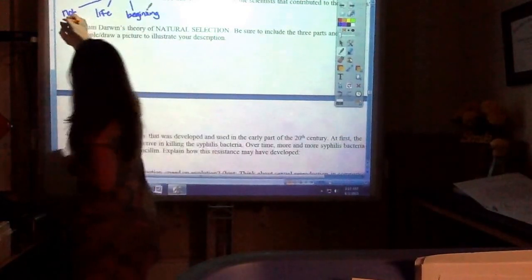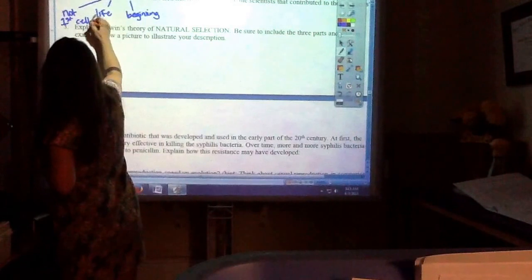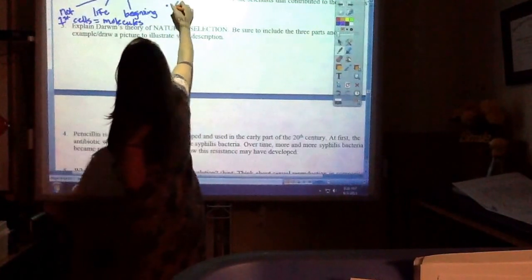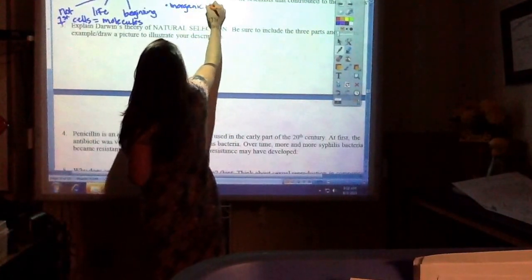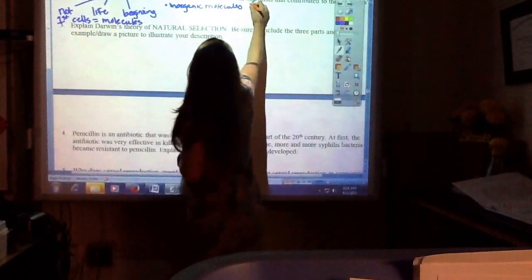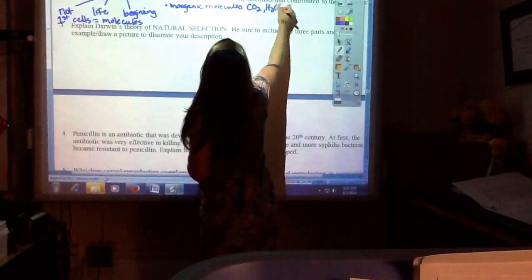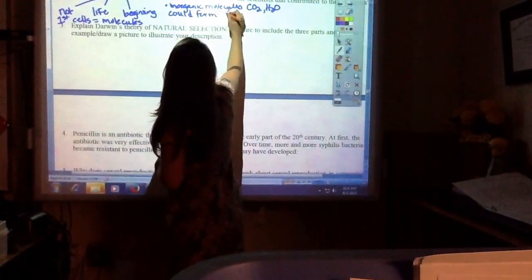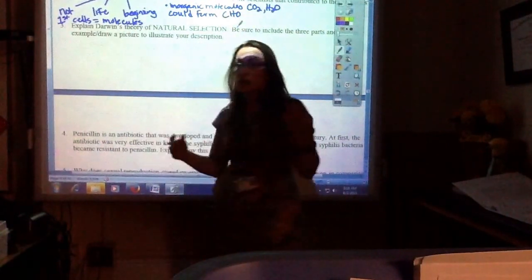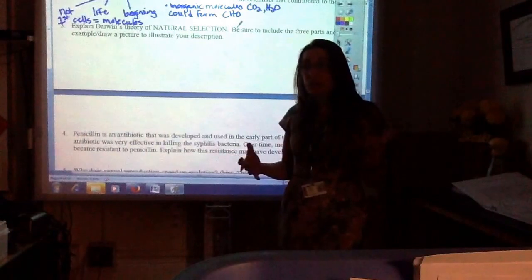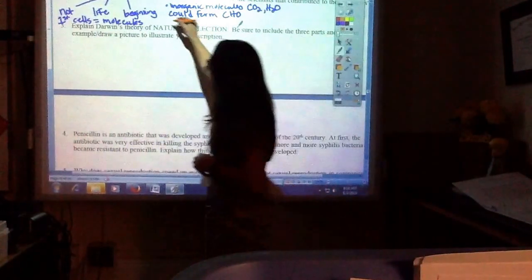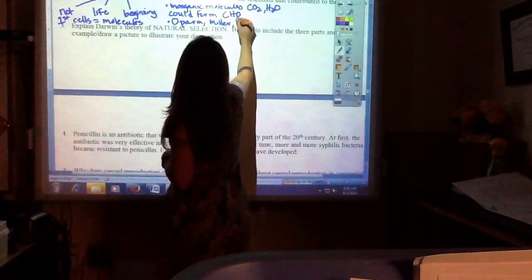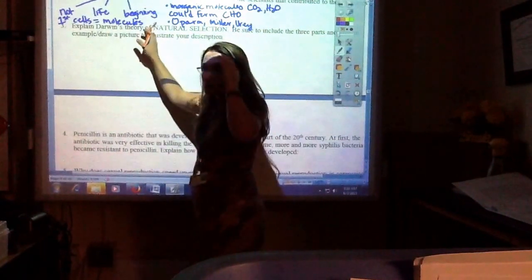The very first cells came from molecules. And we do need to know that inorganic molecules, now remember, inorganic is things like CO2 and H2O, could form organic molecules, things like carbon, hydrogen, and oxygen together, which is carbohydrates and lipids, and they could form proteins. And it was Oparin's theory, and Miller and Urey did the experiment, and they proved that the very first cells could have started